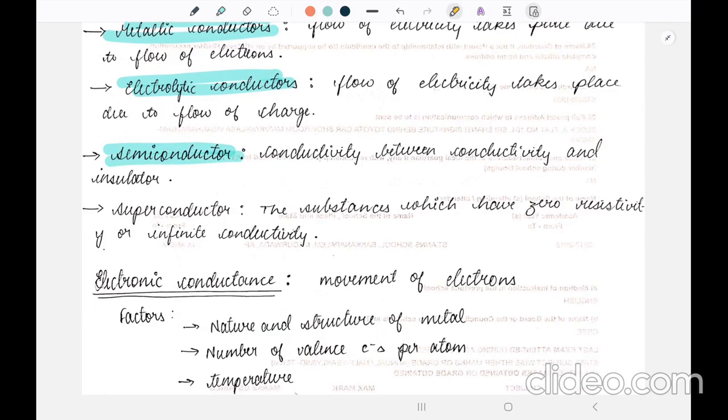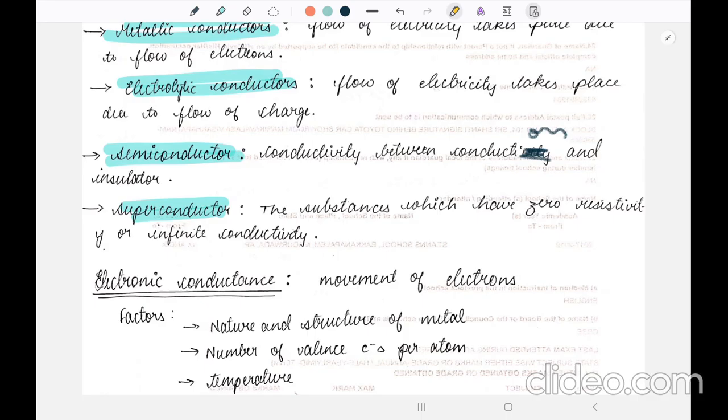So semiconductors are those substances which have conductivity in between the conductors and insulators. So they have their conductivity in between conductors and insulators. Next is the superconductors. So these substances have zero resistivity or infinite conductivity. That is, metals and their alloys at a very low temperature. Nowadays, a number of ceramic materials are mixed with oxides and they show superconductivity at temperatures as high as 150